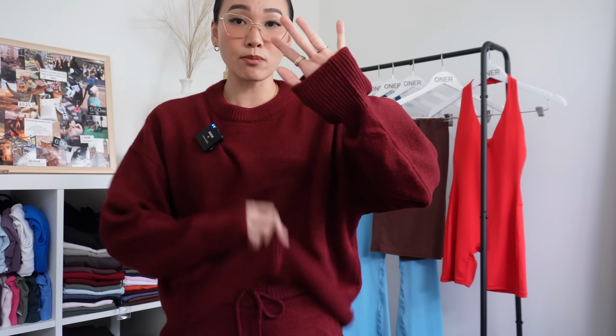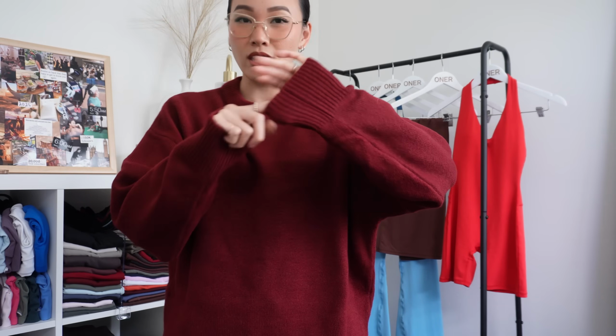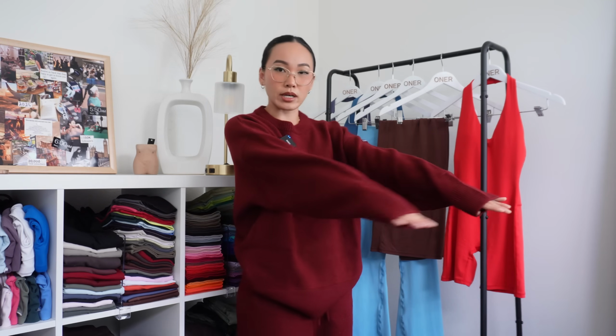The wrists and the bottom hem do have this ribbed cuffed feature, which I love because it just naturally allows for it to fold up into itself instead of sitting really baggy, which it can. You definitely could have it like this if you wanted to, but you also have the option of tucking this underneath itself. Sleeves aren't going to be crazy long either. They hit right over my thumb, not enough to cover my entire hand,